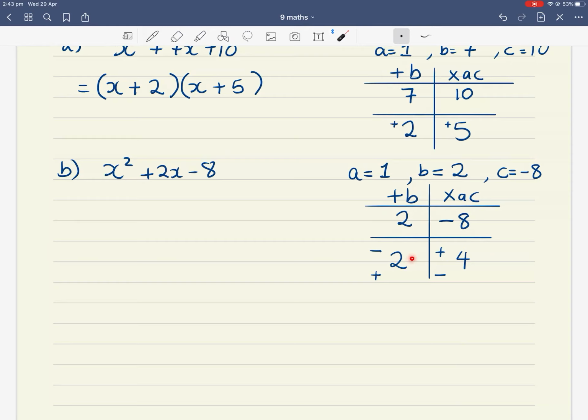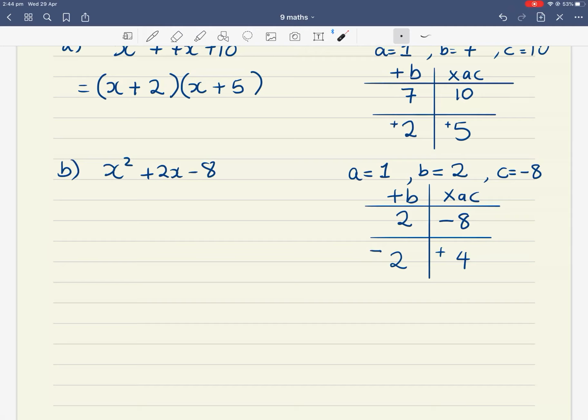So if you go negative 2 plus 4, that's the same as 4 minus 2. Does that give you positive 2? Yes, it does. But if you consider the other case, a positive 2 minus 4, that actually ends up with a negative 2, as a sum, because 2 minus 4 gives you negative 2, and we did not want a negative 2, so that second option is not feasible. So really our final answer is minus 2 and positive 4, or minus 2 plus 4, because these two numbers